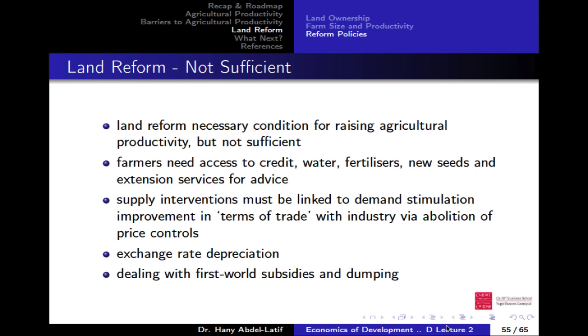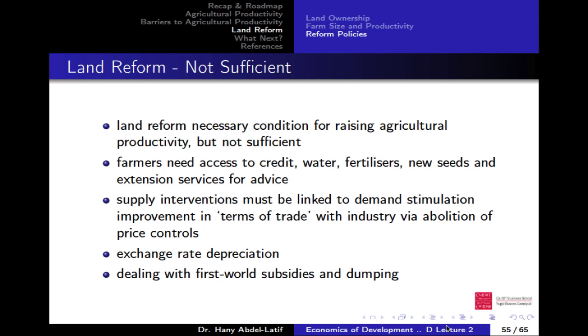But in general, the main concept is to redistribute lands, and it's based on the idea that large farms are less productive, and that tenants don't have incentives to adopt new technologies or new methods because they are not secure. Now, when you give them the land, they own the land, and you give them the incentive to change.